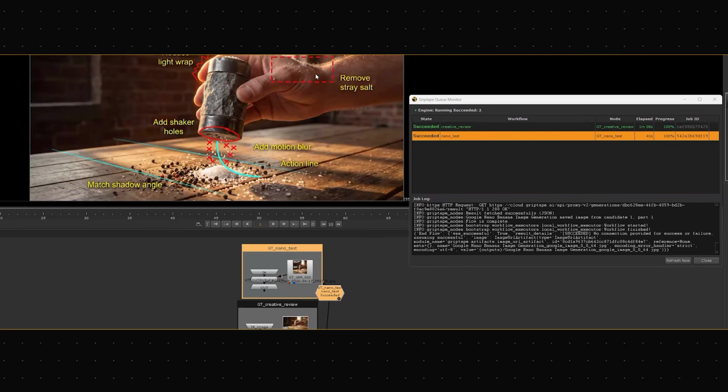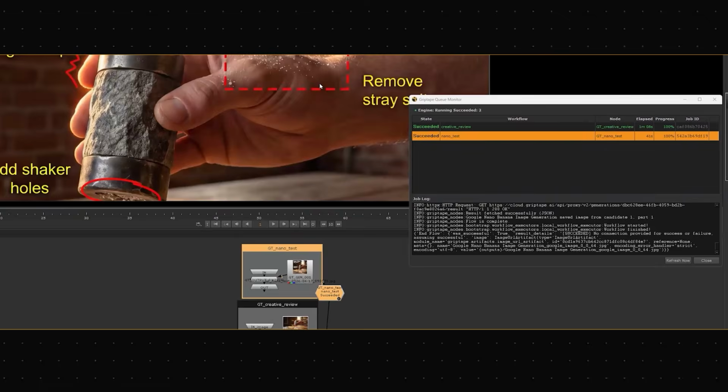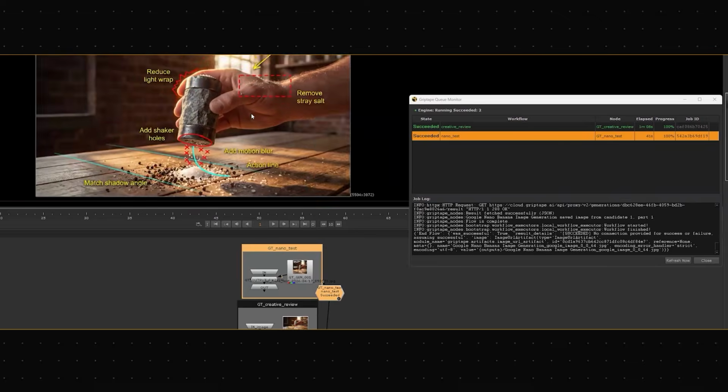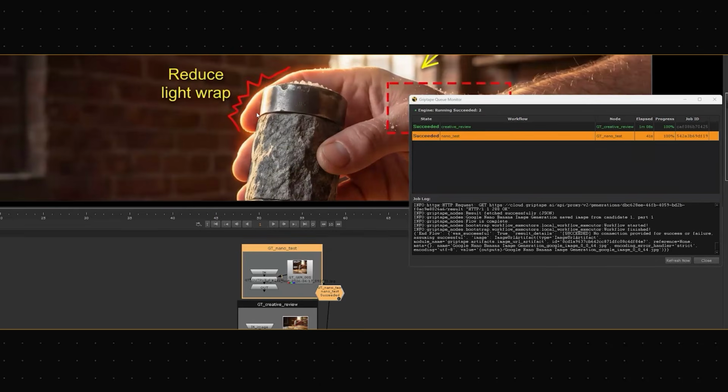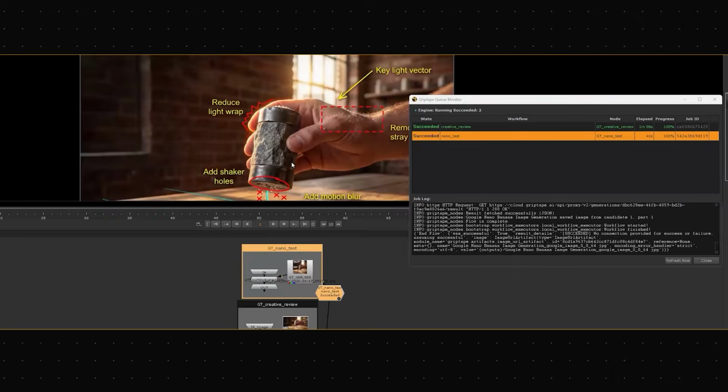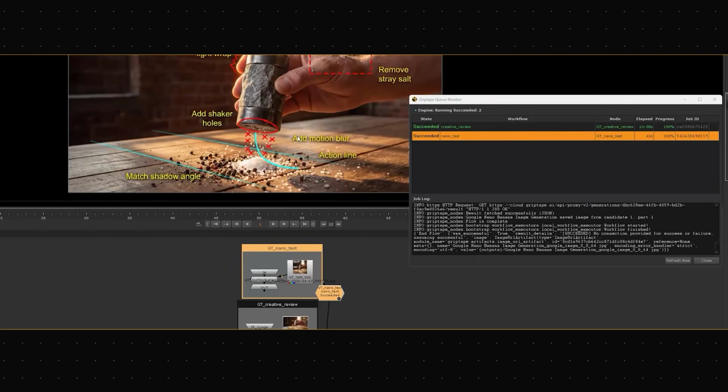Maybe we want to remove this stray salt. Yeah, in fact, why is the salt there? All right. And maybe there's too much light wrap on this particular piece here. So this actually goes through multiple stages. It took about 1 minute, but it goes through multiple stages where it isolates the image, understands kind of the language and what needs to be looked at in a creative review, and then goes and annotates over it